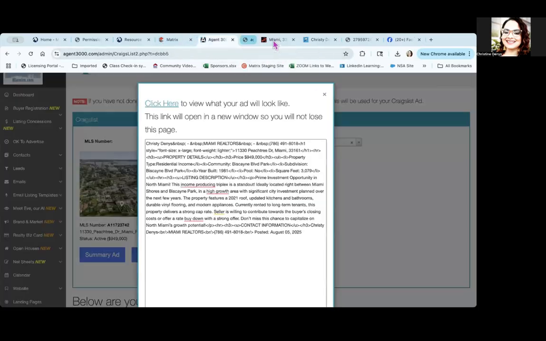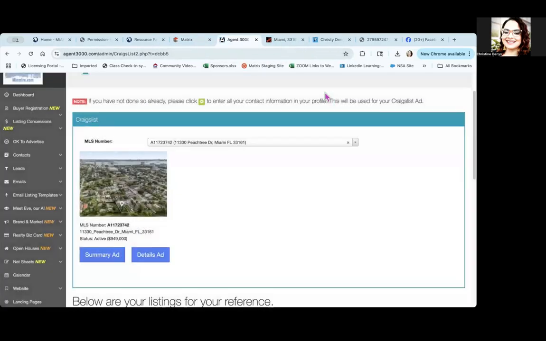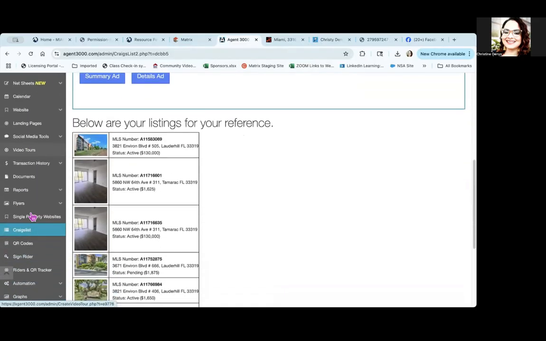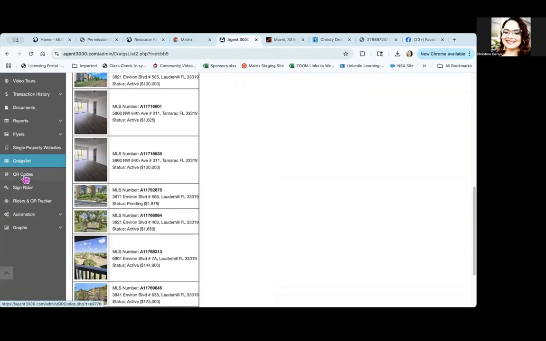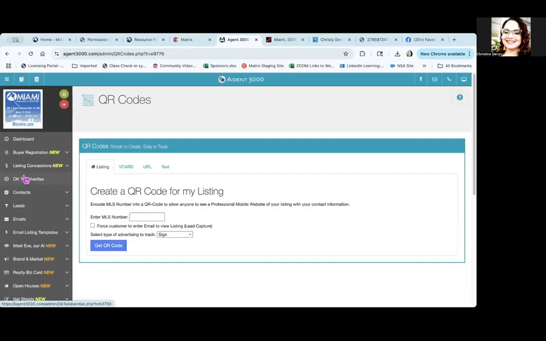Okay, let me close out Craigslist. Moving on down, our next option is called the QR codes. Now, I think QR codes are fantastic. I think we use them all of the time. And if you didn't know, QR codes have been around since